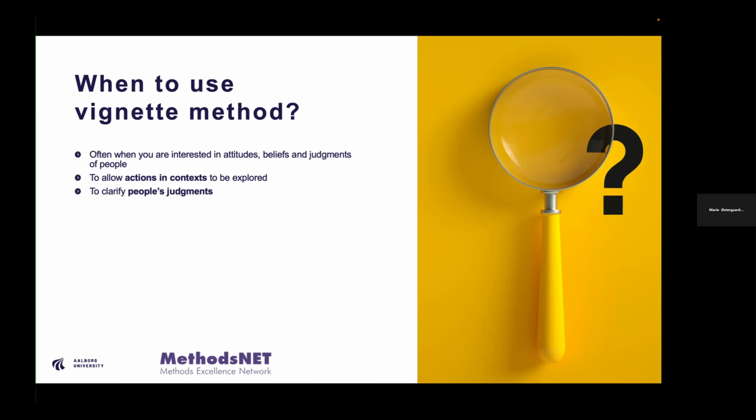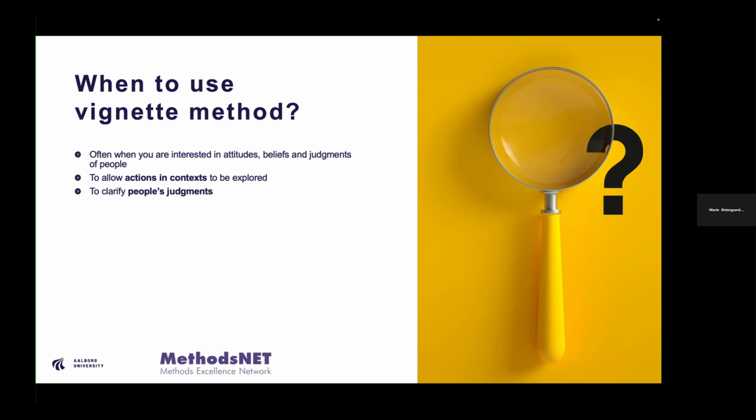When to use the Vignette method. Also, if you want to understand, but also when you want to clarify people's judgment. So in a qualitative study where you allow people to bring forward their own understanding of the phenomena you are studying, this is very important in order to go deep in terms of exactly understanding and explaining people's belief systems on their own terms. But if you also want to compare and analyze how people think about